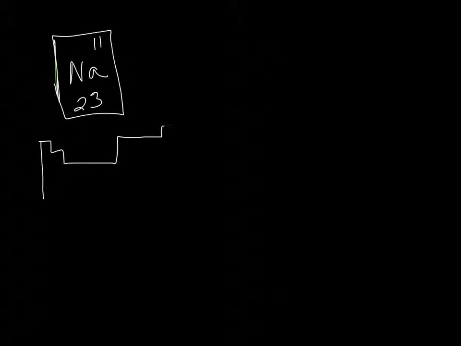If you were looking at a periodic table, you would find sodium right here. It's in the first group, and it's in the 3rd period. So if we were to make our Bohr model,